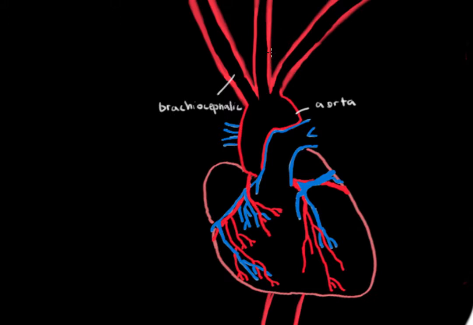So the next vessel that comes off is the left common carotid. And lastly, this other vessel right here is called the left subclavian. Now, these are huge blood vessels, and this is how the rest of your body gets blood. The aorta travels down here, but this is how your upper body gets blood. The brachiocephalic supplies mostly the right upper body, and the left common carotid and the left subclavian supply the left part